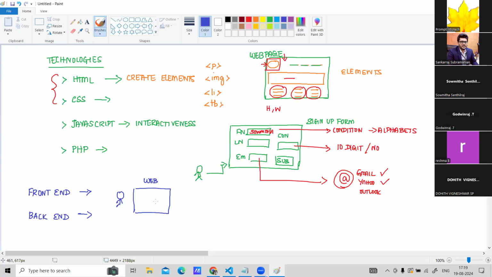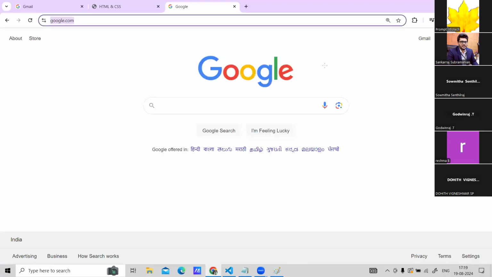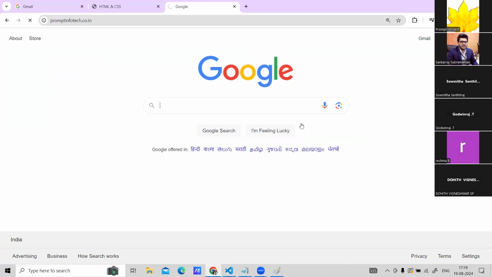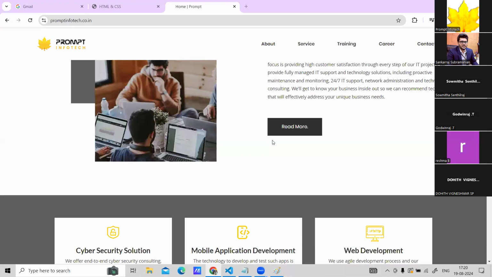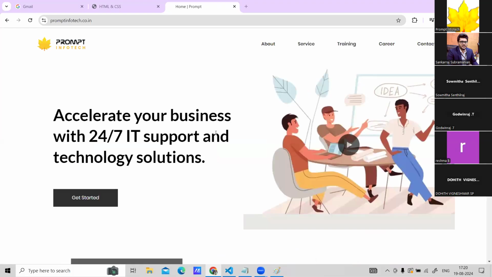whatever the user can see, on this web page, I'm able to see the logo, I'm able to see the content, I'm able to see the image. So whatever we are trying to see here, this is front end. But now, do you know where this website is being saved, or from which server it is actually appearing